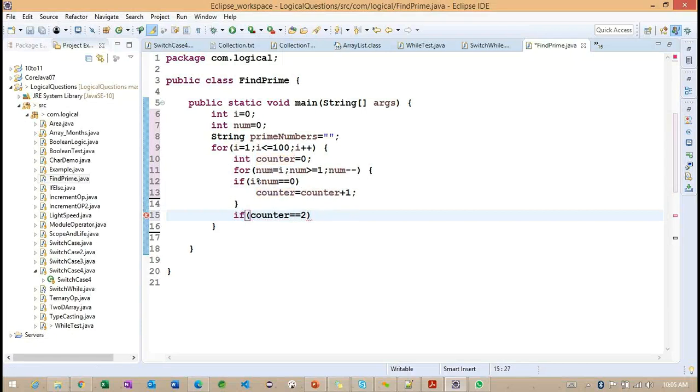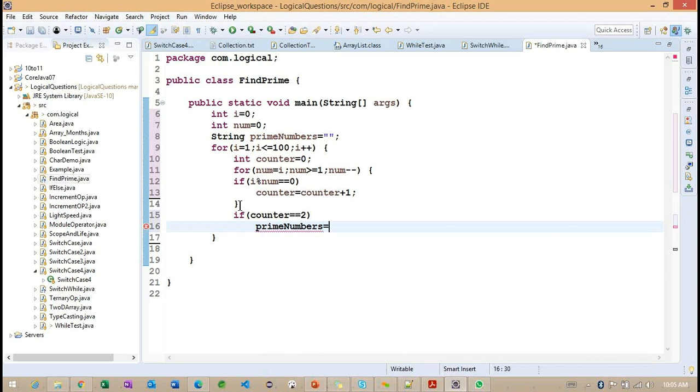Counter equals 2. What I am doing is trying to add this: prime numbers is equal to prime numbers plus I, one more plus a space. So this is the message I am going to append here.